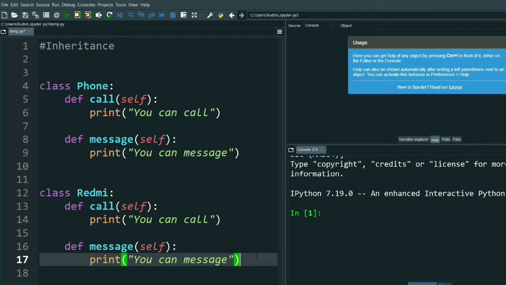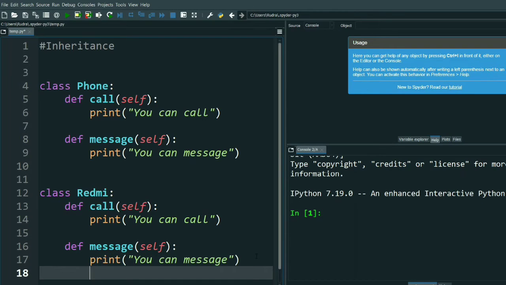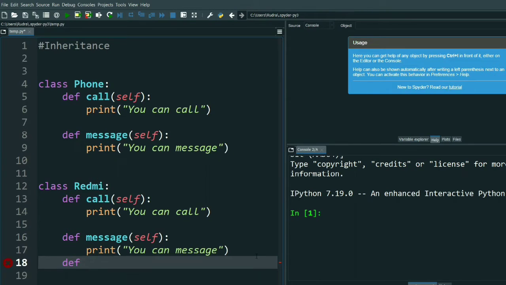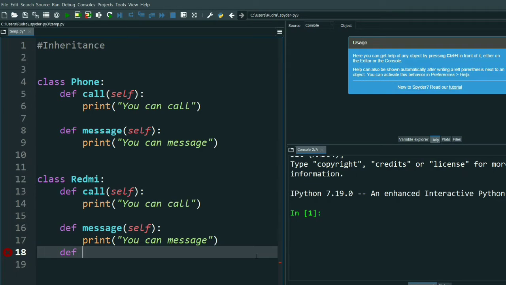Now what I do is I create another method, take that as photo. In a phone you take a photo.